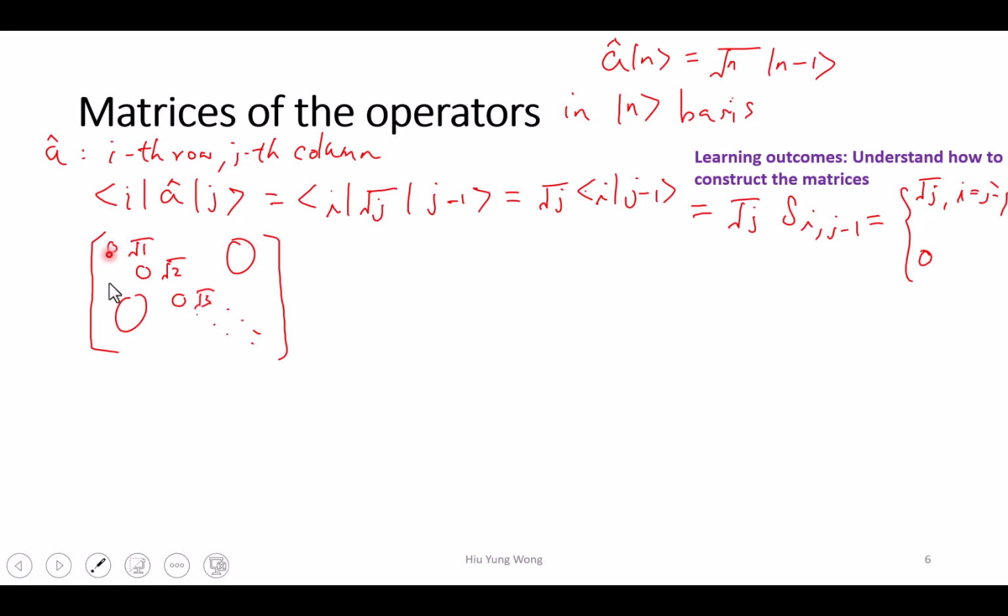The next number. So this is the diagonal one, it is all 0. Then you move to the right, you get square root 1. And then the rest is 0. Here start with 0, 0, when you reach the diagonal, and then square root 2. Then the rest is 0. Okay? So this is A dagger. This is A, right? So similarly,